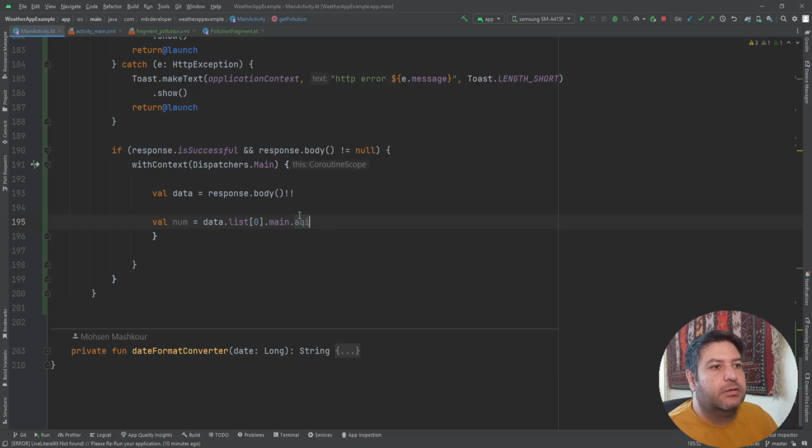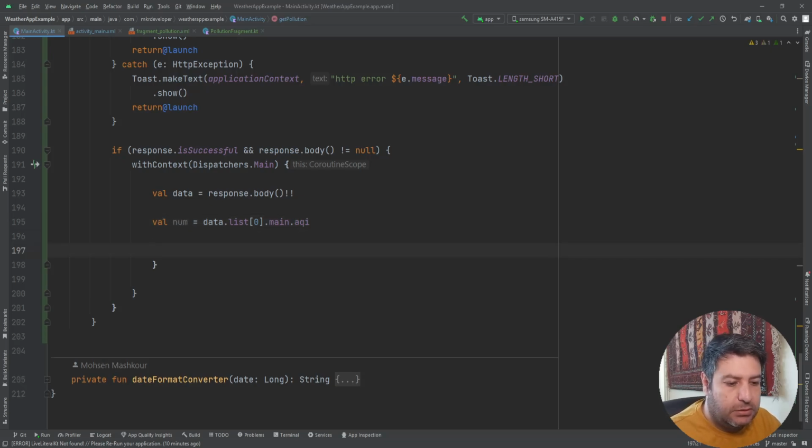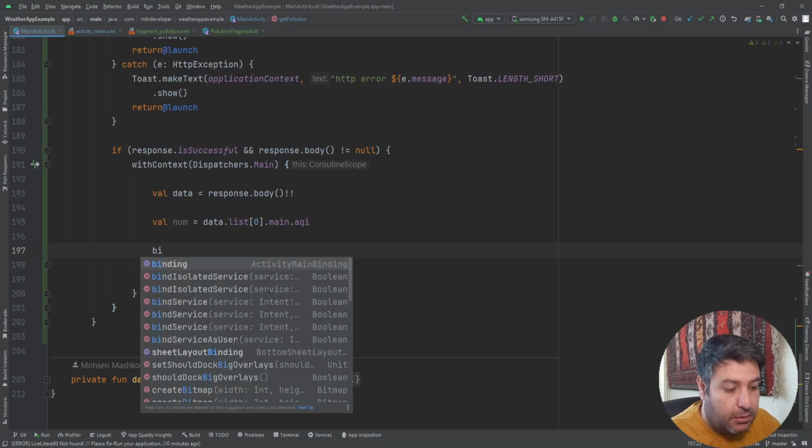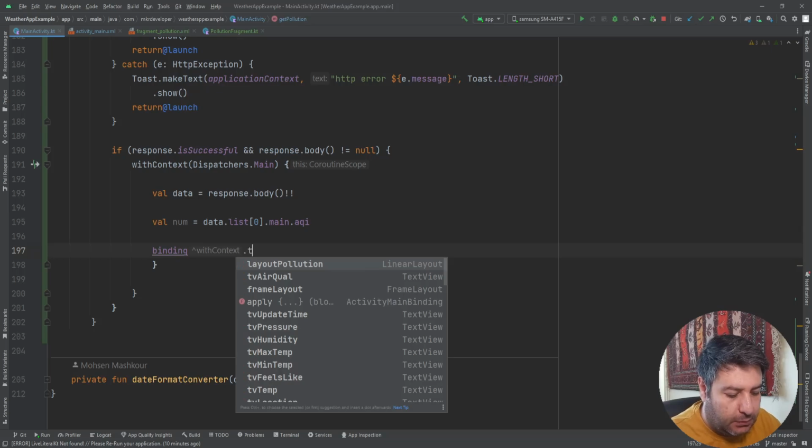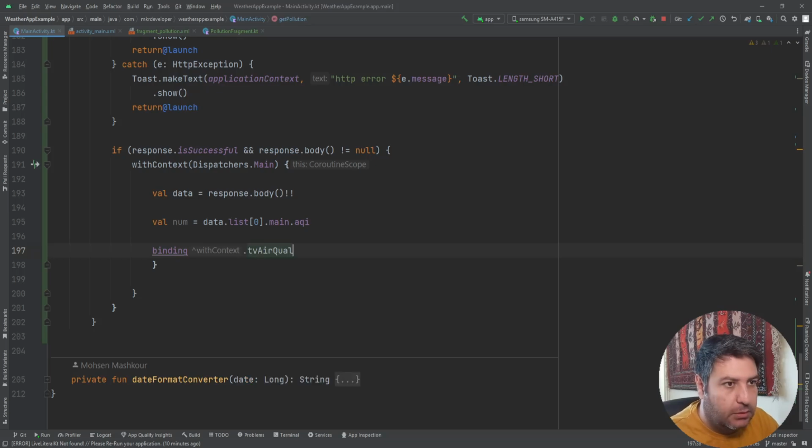So we are checking the value of the AQI and we are putting it inside this num, and then we are checking the num. So binding dot PV air quality dot text equals